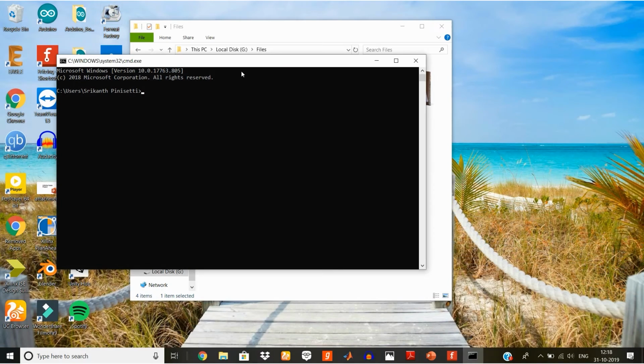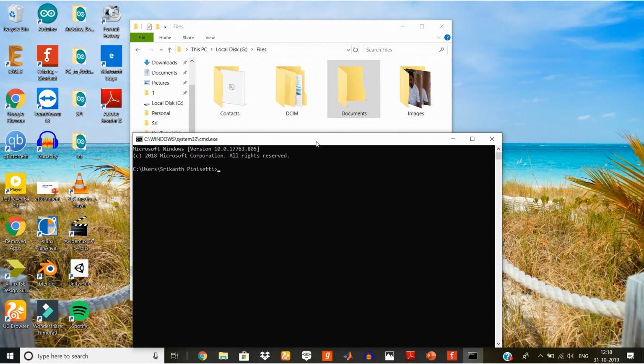What I'm going to do is simple. I want you to remember two things. For hiding a folder, you should remember ATTRIB plus S plus H, then double quotation marks. This is what you have to remember.